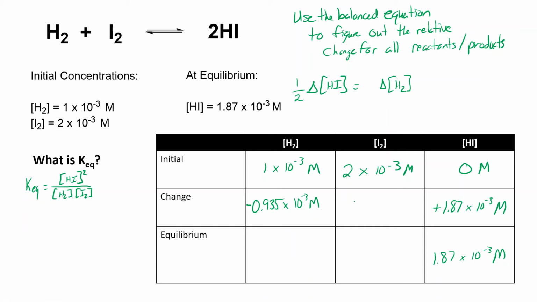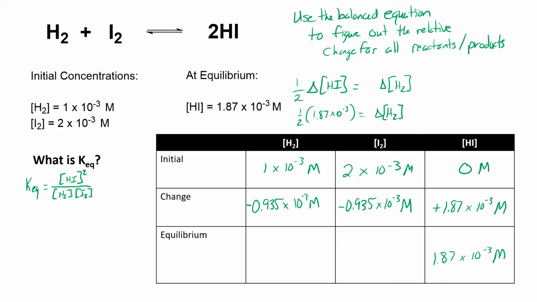And then what value goes here? Should be the same value, right? Because they have the same stoichiometric coefficient. So now we've got values to fill in at each one of these, right? So these numbers, if I wasn't clear, if we just plug in 1.87 times 10 to the negative third, that's how we get the change in the concentration of H2 or I2. We take 1/2 times 1.87 times 10 to the negative third, and we get 0.935 times 10 to the negative